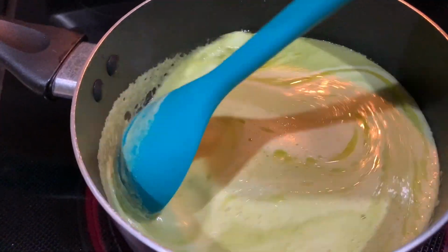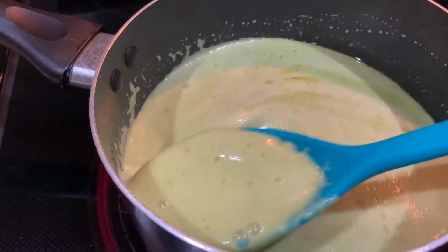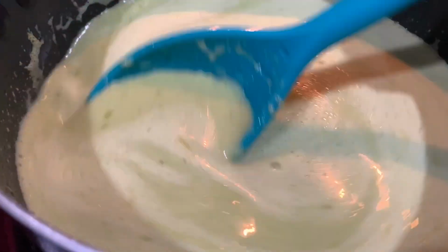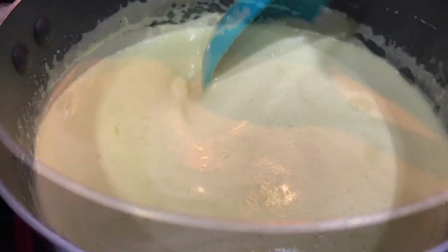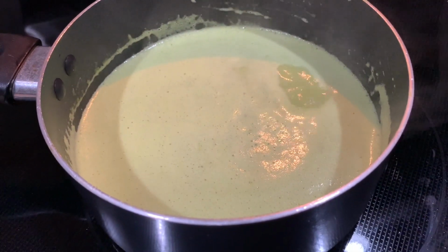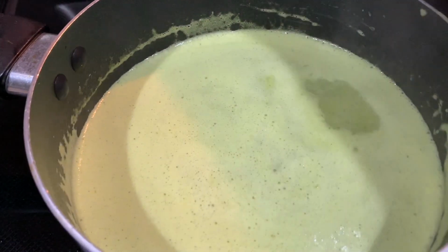I have my burner set at a medium-high heat, which is an 8.0 on my digital stove. We're going to leave it at that temperature until it reaches a light simmer. Once it reaches a light simmer, we're going to turn it down to a low heat. And we're going to let it simmer for a good 10 to 15 minutes or until it reaches a light